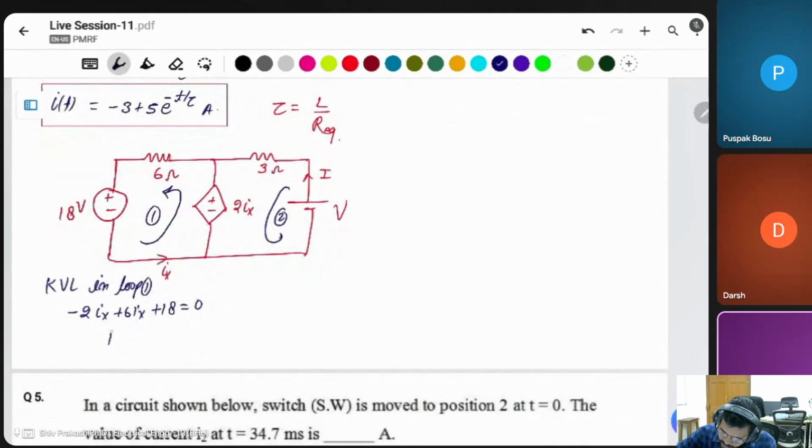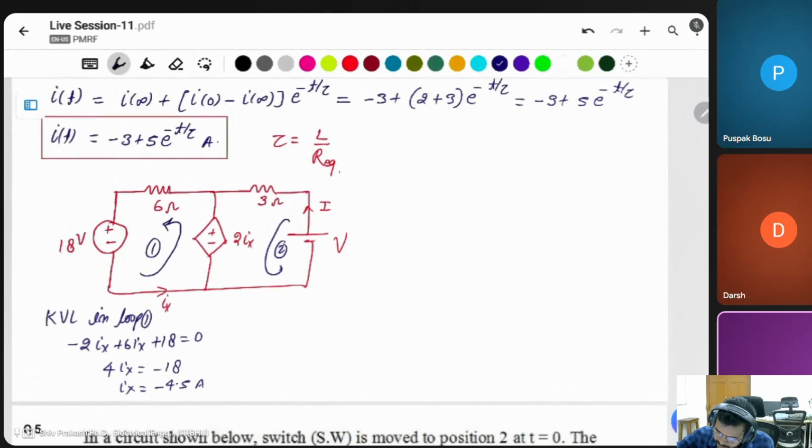This will be 4Ix equal to minus 18, so Ix is equal to minus 4.5. Okay, there is 4.5 and this will be minus 9 volt. Already we have calculated. Okay, then KVL in loop 2,